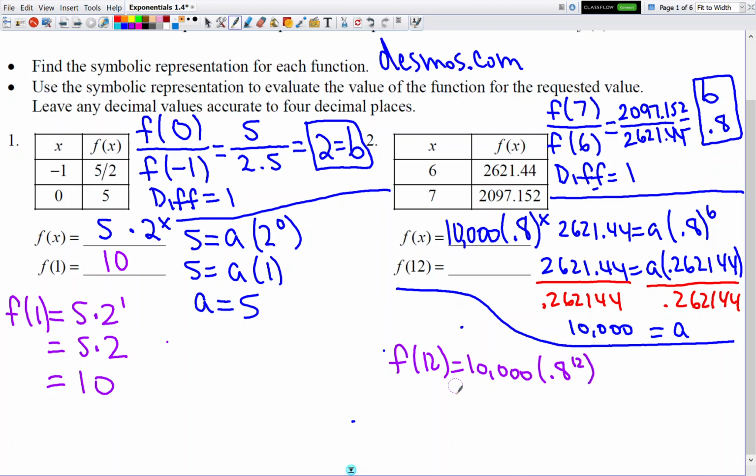Okay, so the good thing about using calculators, especially the one on Desmos.com, is you can actually type in this exactly as you see it on the paper here. You don't have to do 0.8 to the 12th power first and then times by 10,000. You can just write out the problem exactly like how you see here. That's why you probably want to use the calculator on Desmos.com, because, like I said, it's pretty good. When you type it out exactly how you see here, you're going to get a final answer of